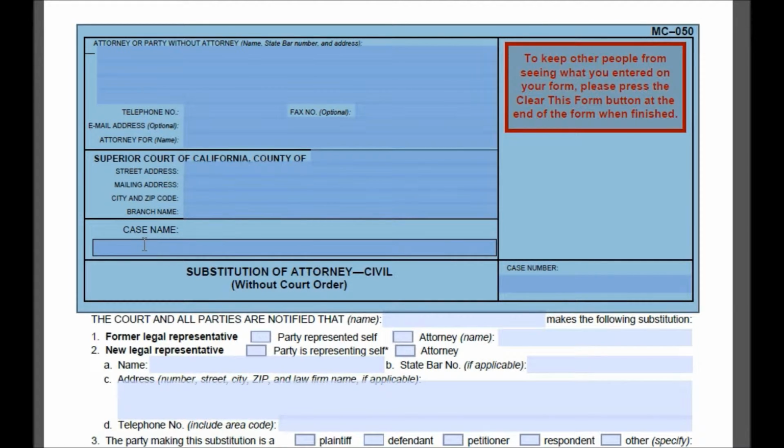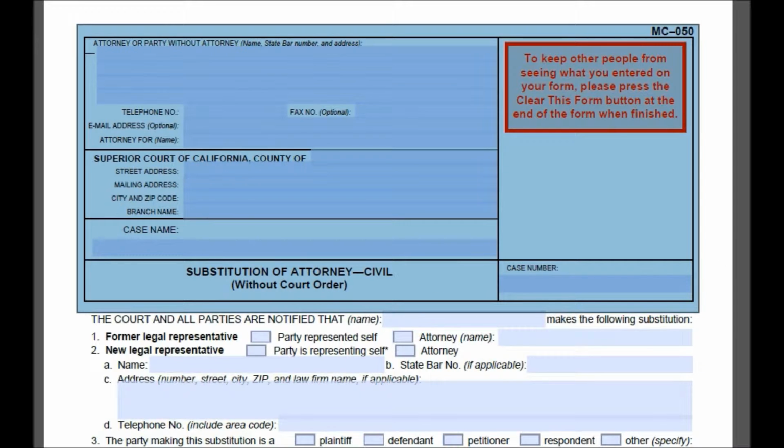Case name is just going to be the name of the parties. If it's a divorce case, for example, it could be Jones versus Jones, Williams versus Williams, In re Marriage of Williams, or Smith versus Tompkins. Whatever the name of the case is, usually last name of plaintiff versus last name of defendant, that's what you put as the case name. Over here on the right is the case number. Unfortunately this varies by county within California. There is no standard naming scheme that I've seen. So go ahead and fill in all this information.